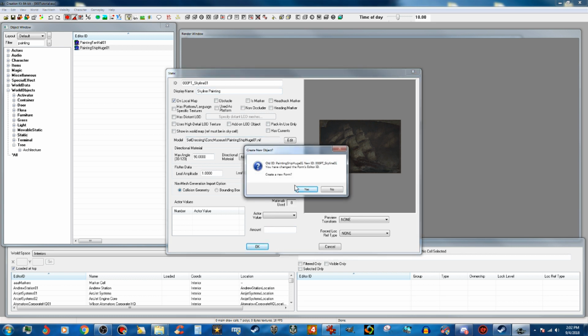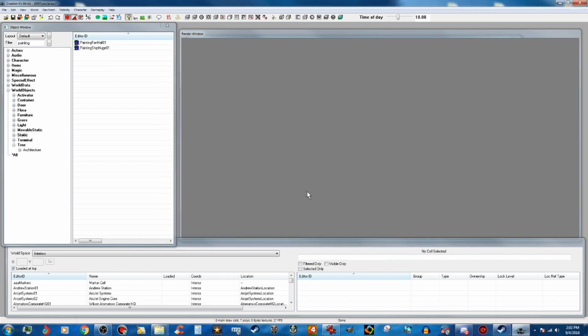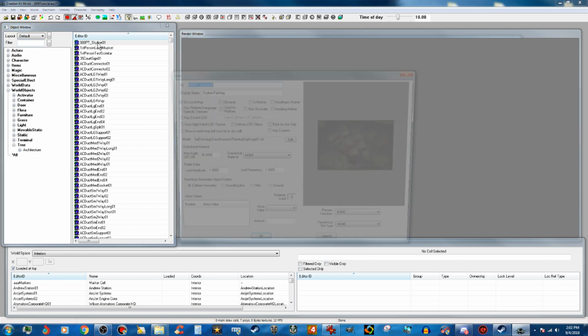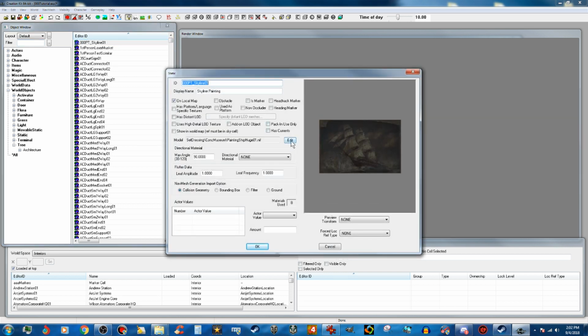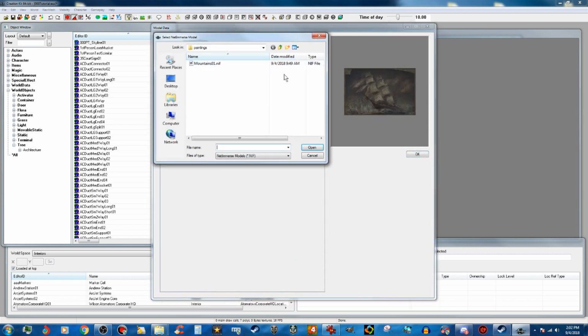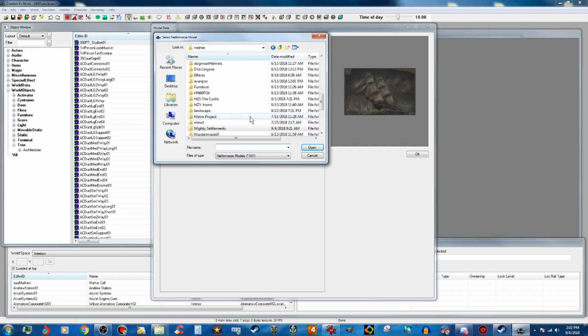You will get this right here. Create a new form. Yes. And what I'm going to do is I'm going to clear my filter, and when it finally loads up, it should be right at the top. We're going to open that back up, and we're going to click on Edit. We'll click on Edit in the Model Data window, and we are going to go up to our folder, Paint Tutorial,